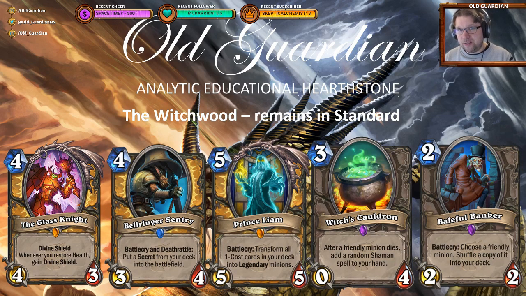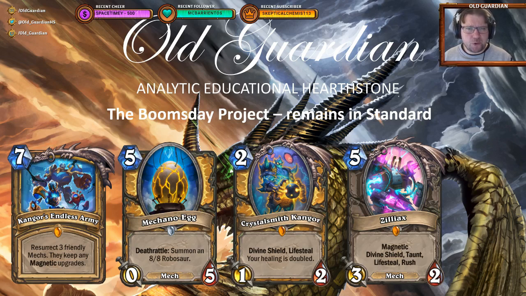Witch's Cauldron is still here, a great value card for Odd Paladin. And it's a neutral card as well, but Baleful Banker. Baleful Banker is the key piece in Holy Ratcher Vala combos, and it's staying. The Boomsday Project is a very interesting expansion that's going to stay, because it features some of these cards that